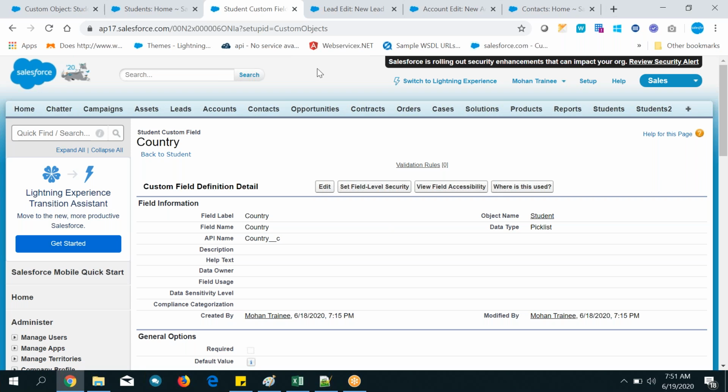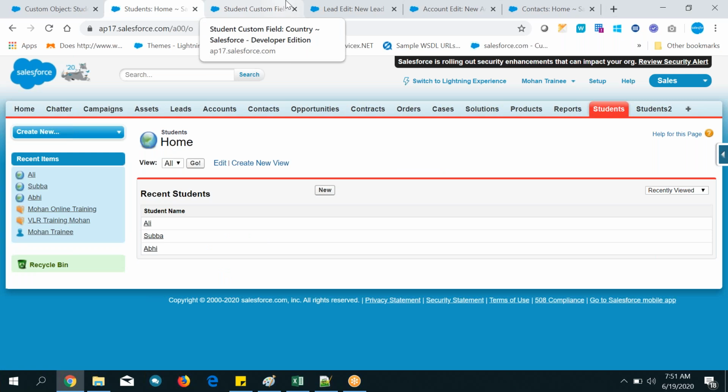Generally, only in very rare projects do you get a chance like that. The remaining things, not only for country but for other things also, we can use it. If you want to display a field as a drop down kind of thing, then select a pick list and provide the normal values.